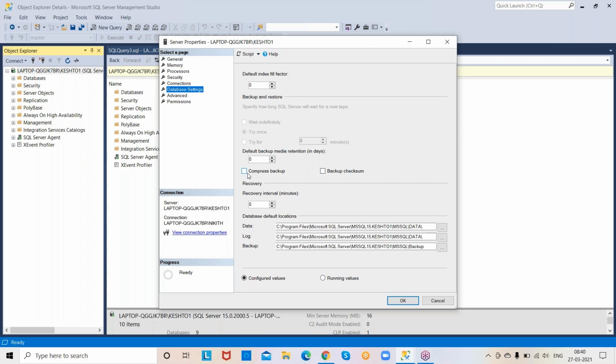If you enable compressed backup here, every backup will be compressed. Otherwise, while executing the backup itself, you have to select compression. Remember these points carefully.